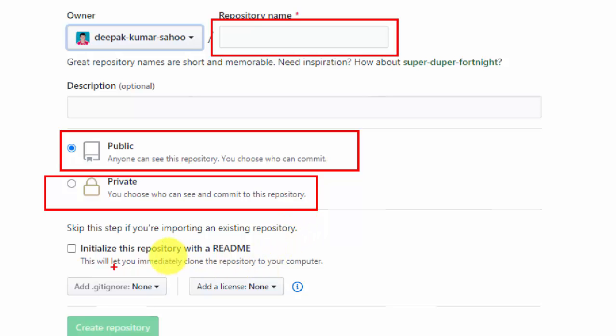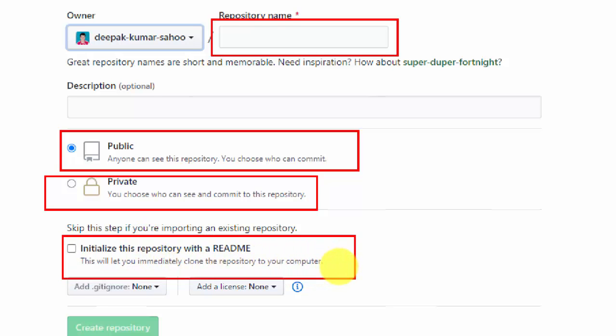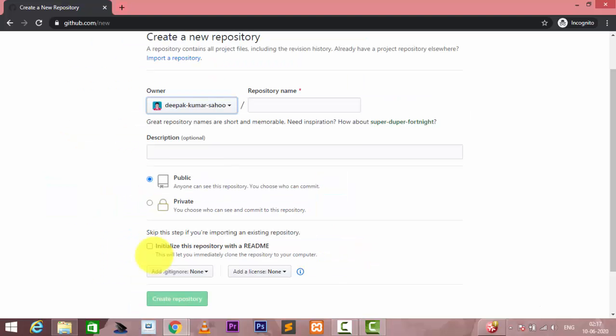After that we have the initial readme file option. In this case we do not use it to organize the files, so we do not require it right now. I give the name here: my project name is project02.